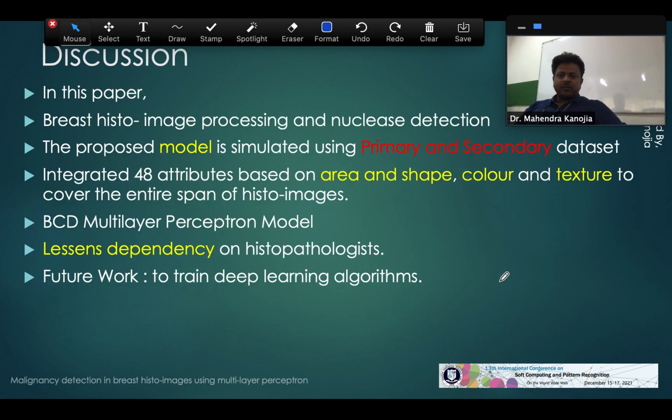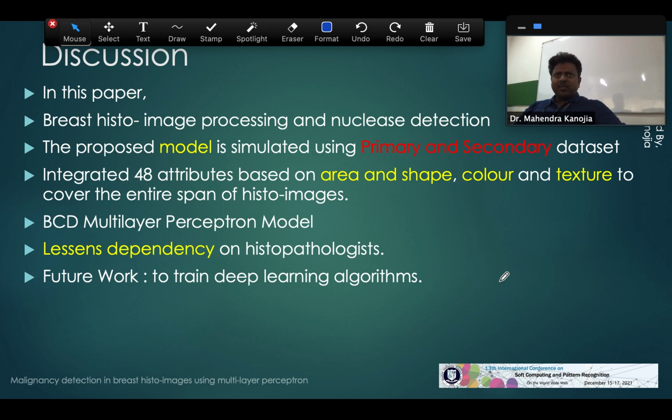So what we worked on in this paper was all the histo-image processing techniques to detect the nucleus. We worked with primary and secondary data sets. We worked with all the features related to area, shape, color and texture. We built a good multi-layer perceptron model which identifies it as benign or malignant.